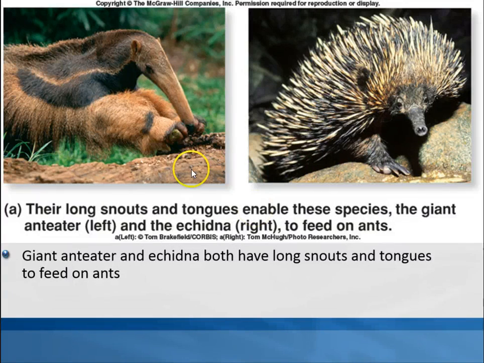So our first picture, here is the anteater and here is the echidna. You can see these guys are not that closely related. I mean, they're both mammals, but they're not really that closely related. But you can see they have these long faces, long snouts, right? And that's because they both eat ants, and ants live in little ant piles, and so they have to get